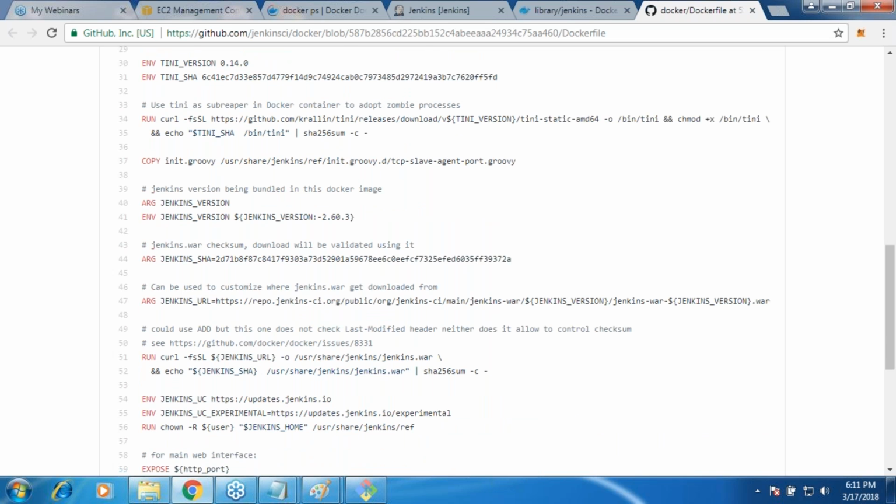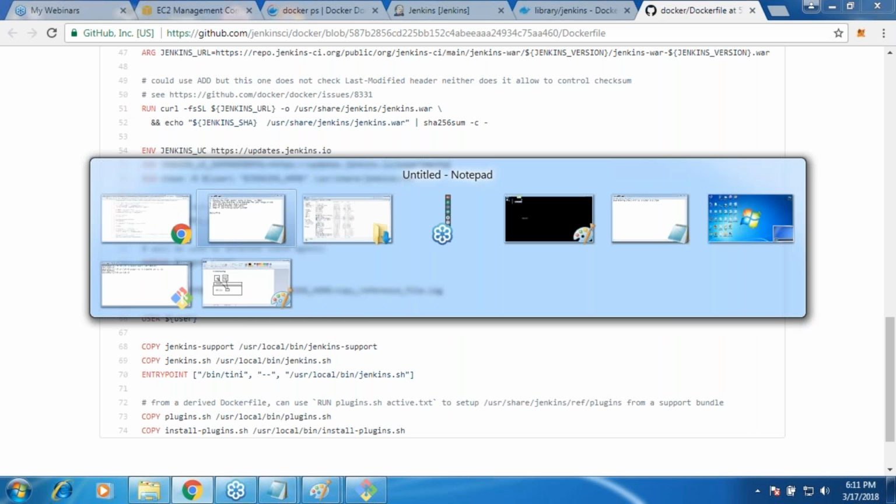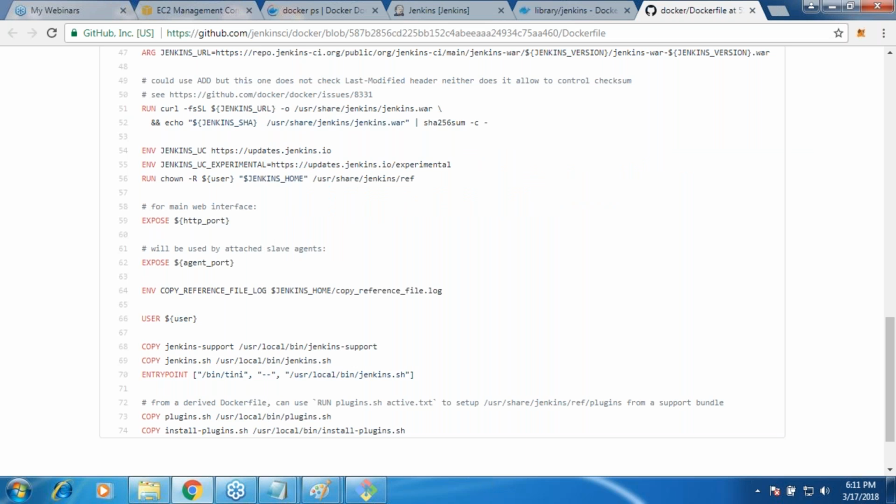So there is something called EXPOSE. EXPOSE is about ports. If your application is using 8080, then in this image you would be writing an instruction which is called EXPOSE.